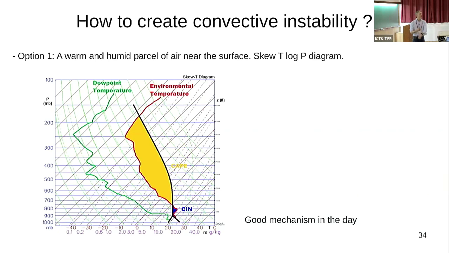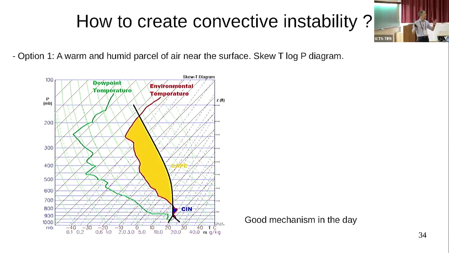Okay, so usually we like to think about convective instability with a lovely diagram, which is a skew T-log-P diagram. I'm not going to try to explain all this, it would take some time, so I'll go quickly, but I'm sure you know about these things. You have a parcel, here's the temperature, here's the dew point temperature,